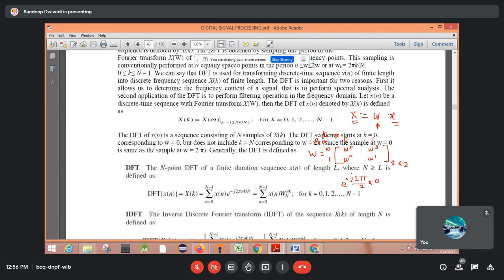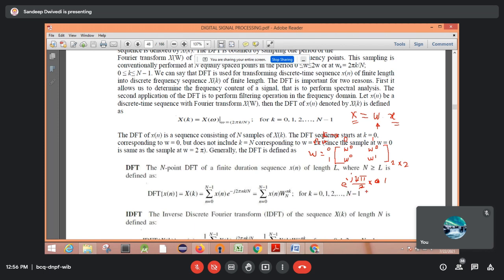Or you can remember that in the twiddle factor matrix, for the first row and the first column, all the elements mean the twiddle factor raised to the power 0, so that's why all those elements will be 1. And for W raised to the power 1, you can calculate this: instead of 0, the value of Kn will be 1 over here. So the 2 and 2 will be cancelled, and this will be simply e raised to the power minus j pi.